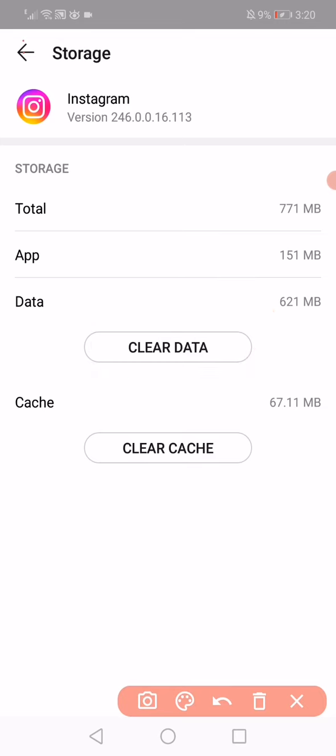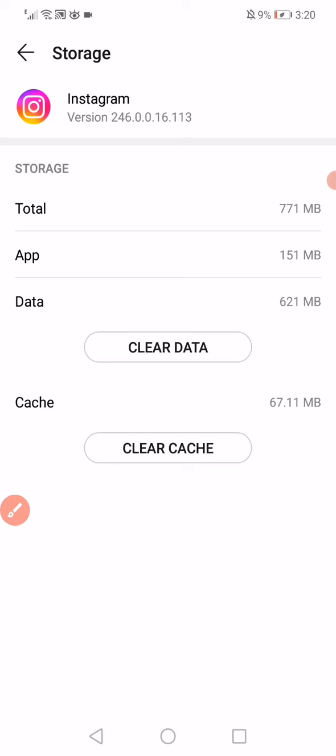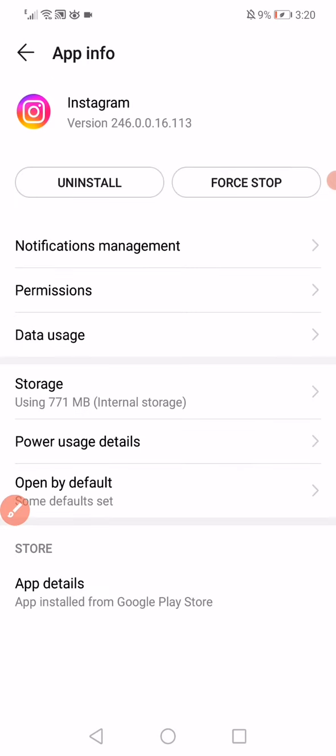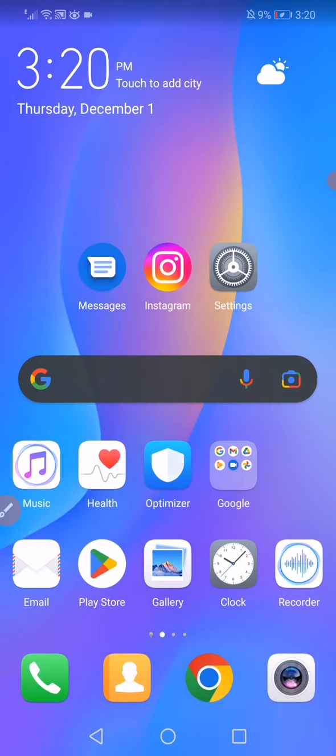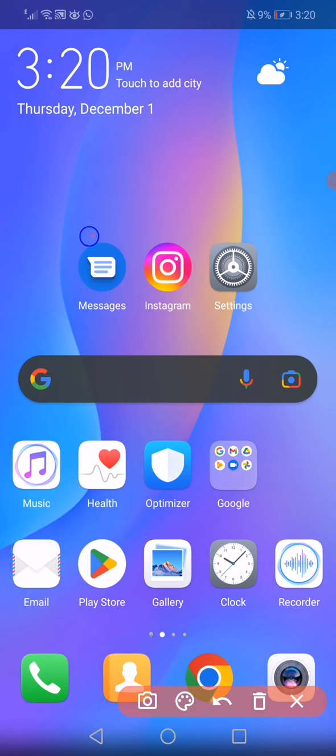Now the last thing you have to do is just click here on the home page and restart your phone and reopen Instagram. It's a very easy fix. So after that you will start receiving the confirmation code if you have connected it with your messages or your